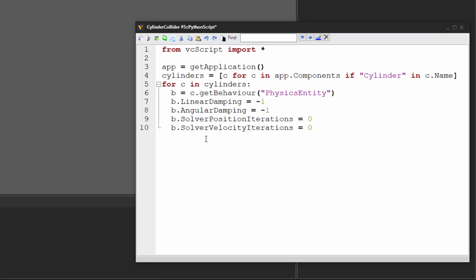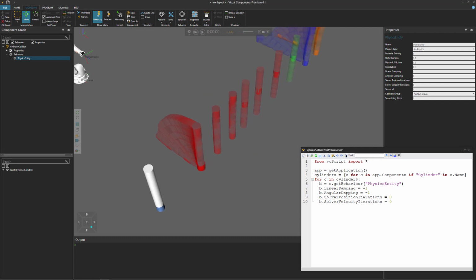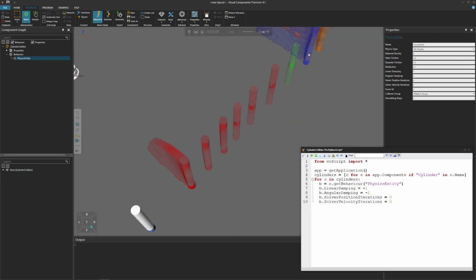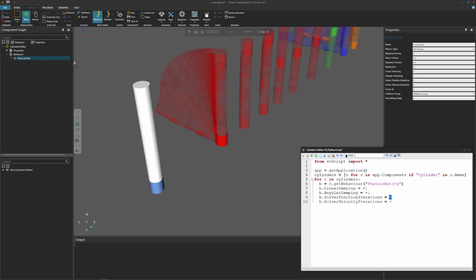So we already know what the stack of parts will look like when linear and angular damping are turned off. Basically, it looks like the blue one here. So let's see what happens when we use, say, 40 for solver position iterations and 10 for velocity iterations.